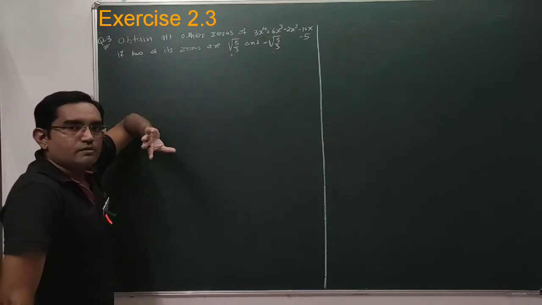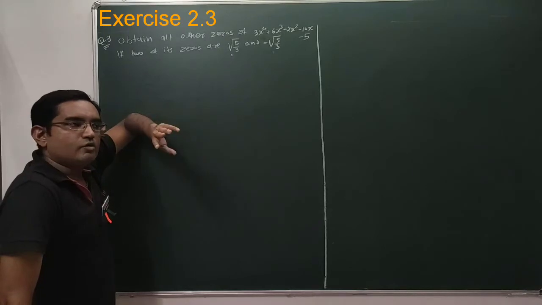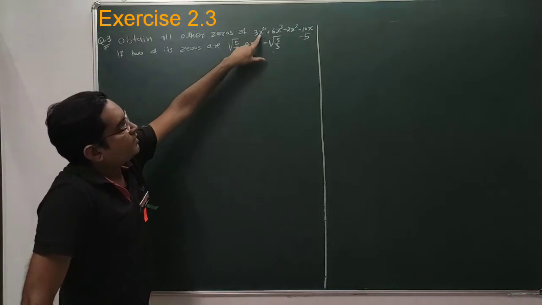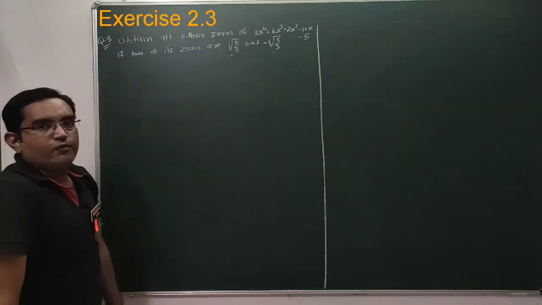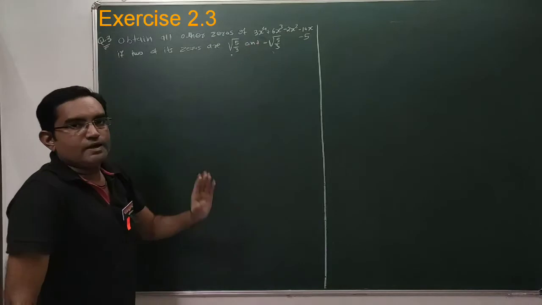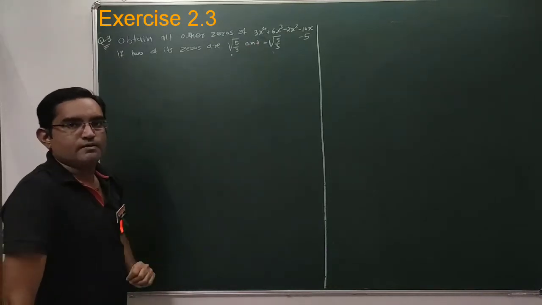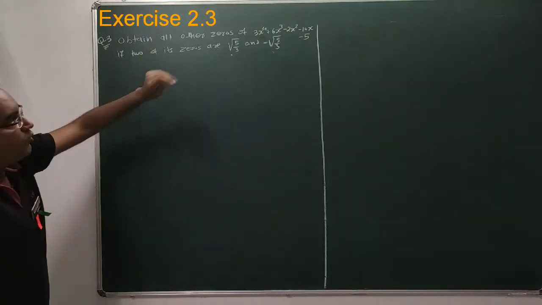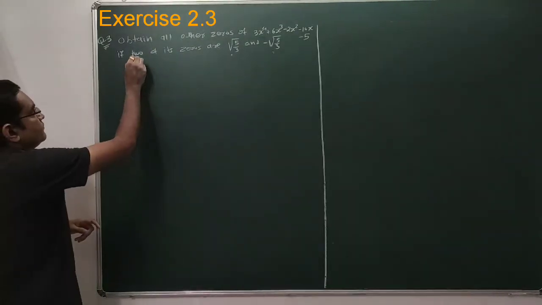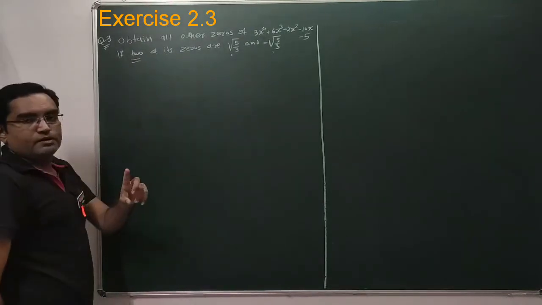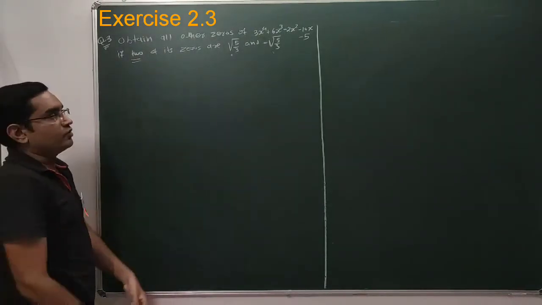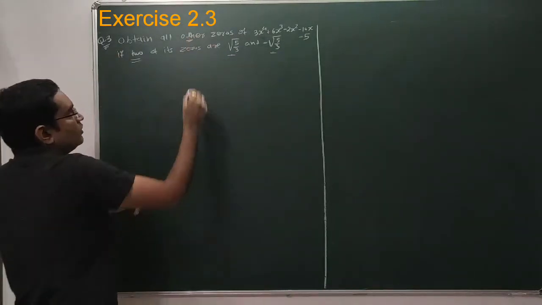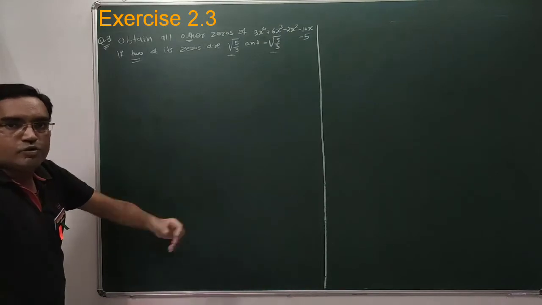For cubic polynomial, degree is 3. So for any cubic polynomial, maximum 3 zeros are there. And in this case, the given polynomial having the degree of 4. So for this polynomial, we can say that maximum 4 zeros are there. Out of that 4 zeros, 2 zeros are given. If 2 of its zeros, that means 2 out of that maximum 4 zeros are given. So you have to find all other zeros, that means you have to find the remaining 2 zeros.